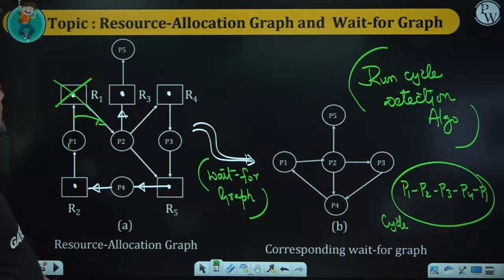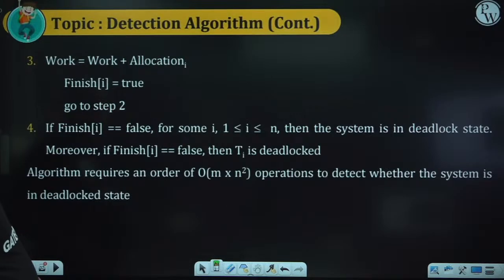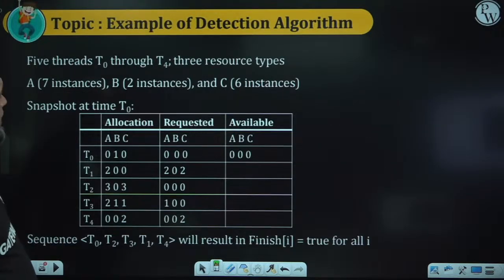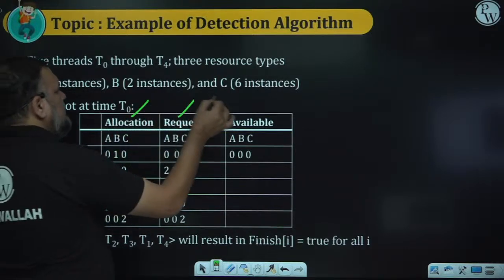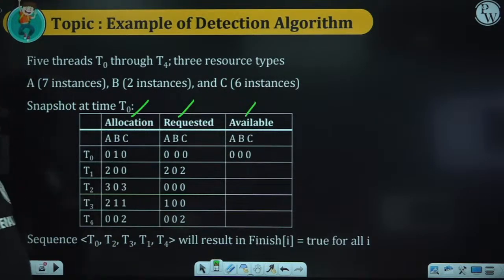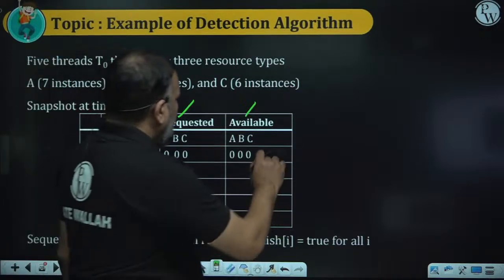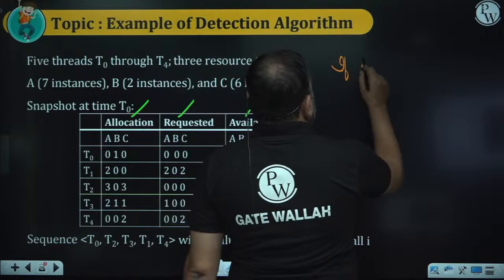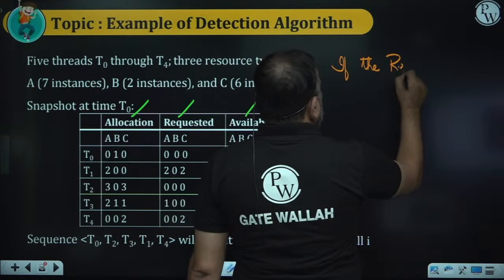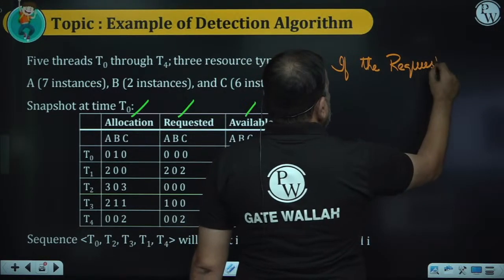उसी तरह general algorithm multi instance resource के लिए you have same algorithms like what we have. So look at the data structures. We have allocation matrix, we have request matrix, we have available. Just like our safety algorithm. तो यहां पर भी उसी तरह जिस तरह हम safety algorithm में check किए थे, एक ही line का algorithm है, मैं explain कर रहा हूं, if the request of all